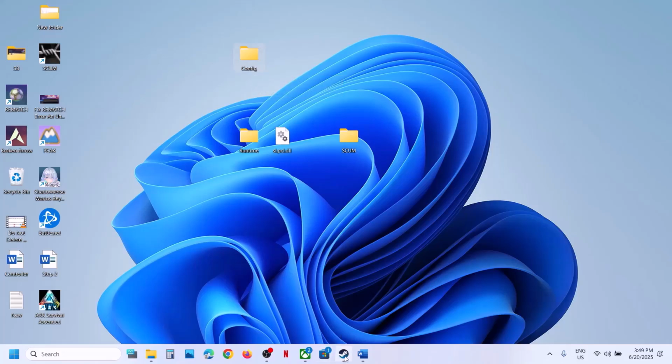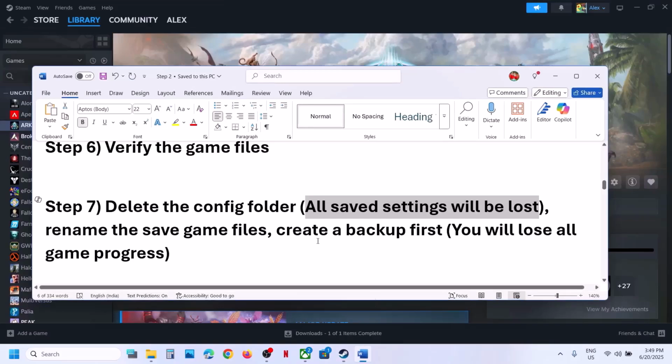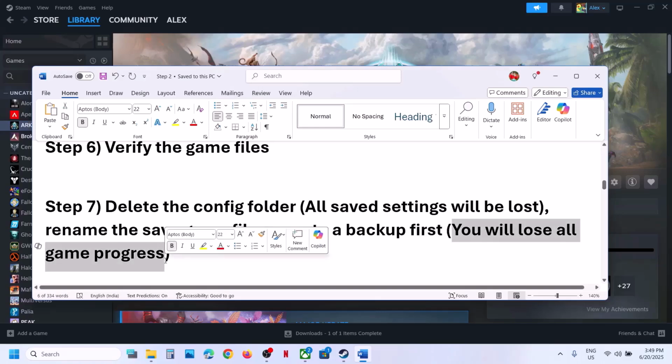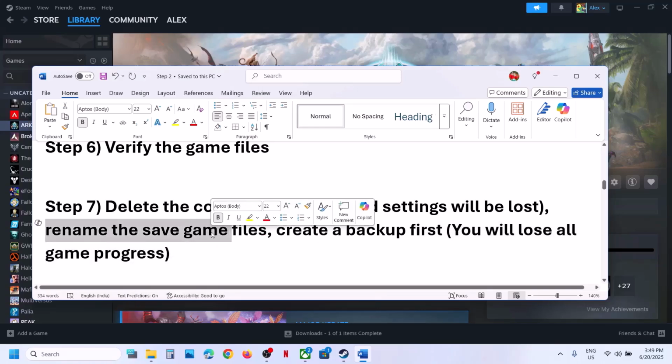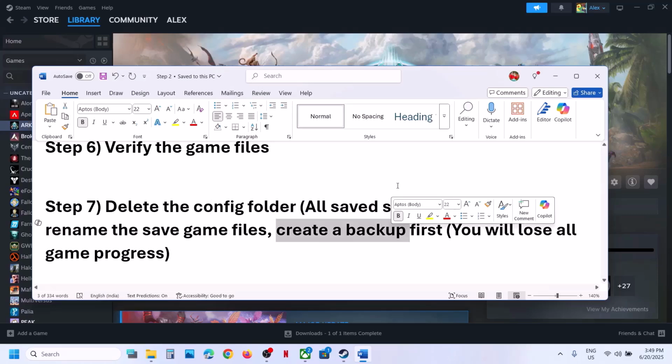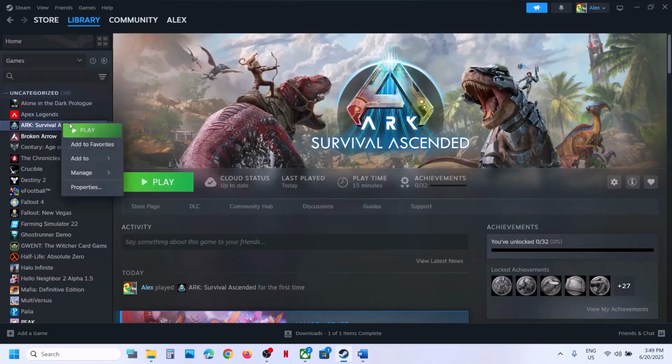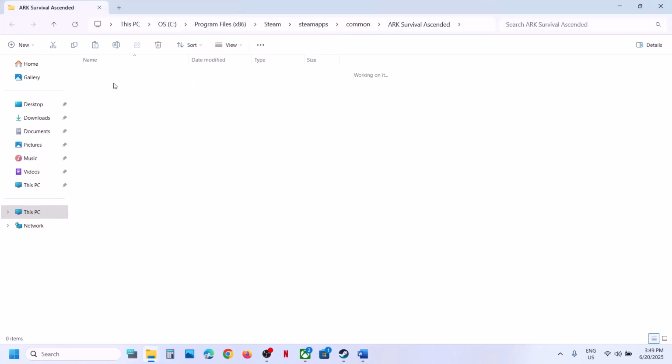If that does not work, the next step is to rename the save game files. Now when you rename the save game files, you will lose all the game progress. You have to start everything from scratch. So if you agree, you can rename the save game files, but create a backup first. So for the save game files, again, go to the game installation folder, open this folder, saved folder,